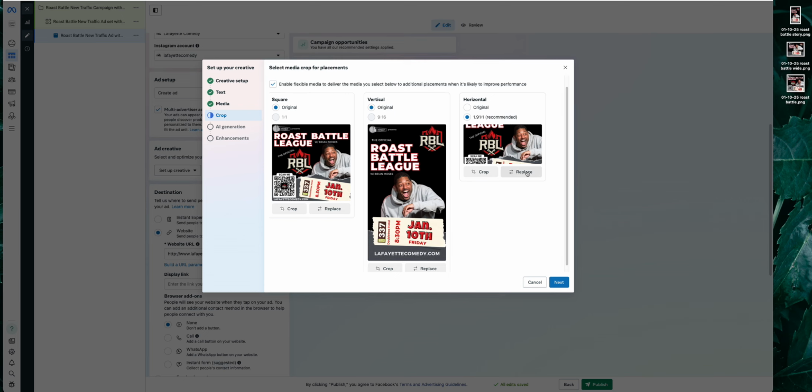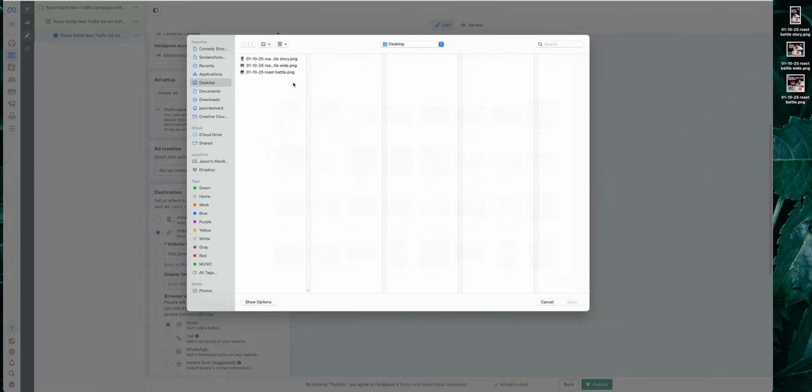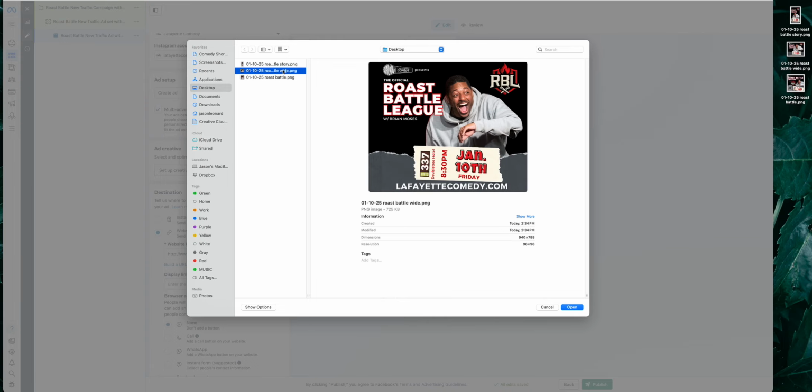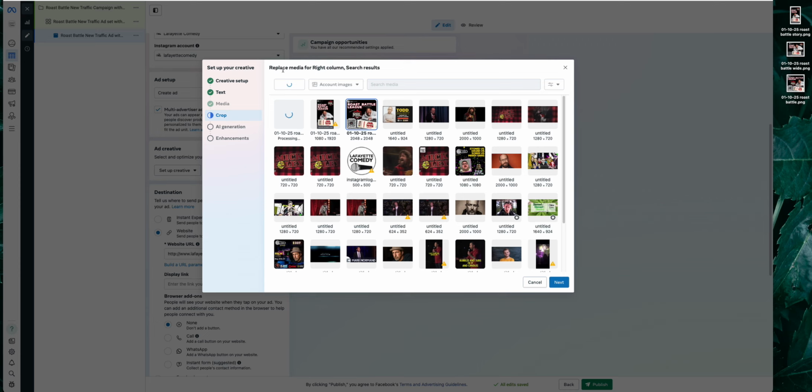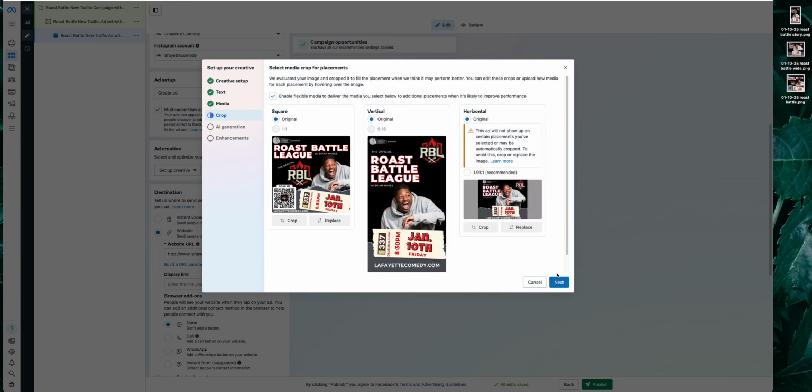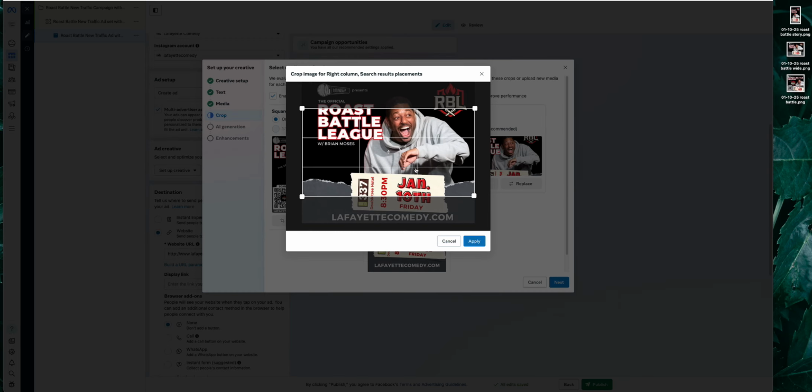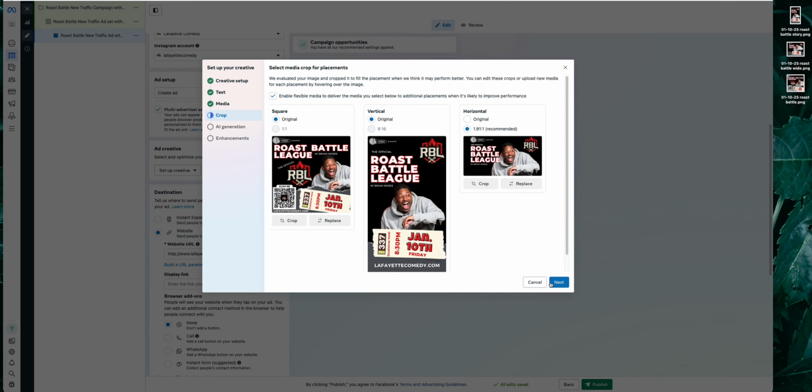My last one is the horizontal. And again, that's usually one I format for Facebook or for like event covers. Some of them are a little wider, but I've found success with this one. I'll click next. And then I'm going to say recommended. And it's not exactly right here, so what I'm going to do is crop it. I am going to go with this because this looks really good when it's horizontal. The rest of it, the bottom part, which you see here, they can see that when they click on the ads. So boom, I'm formatted square for Instagram, vertical for Instagram stories and Facebook stories, and horizontal for all